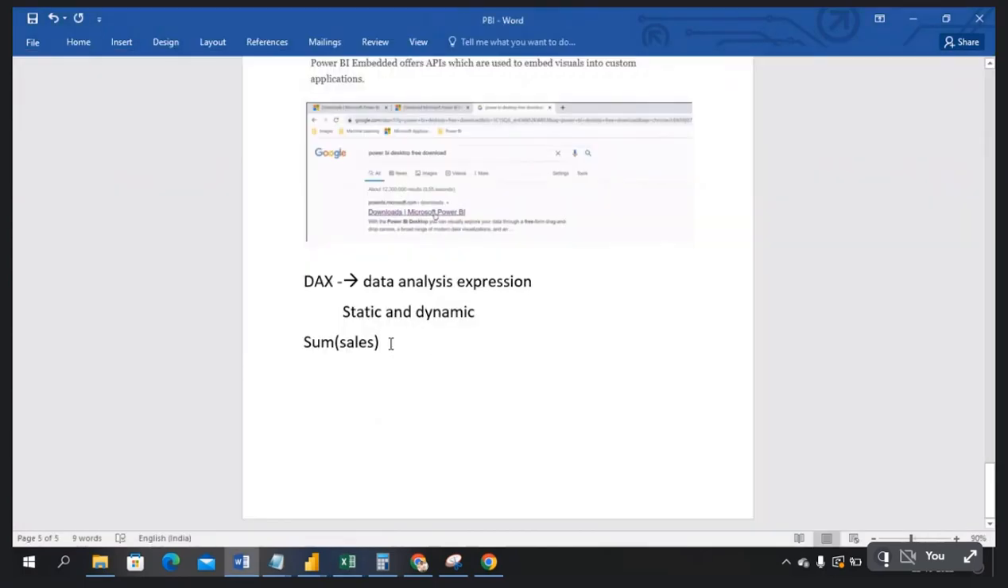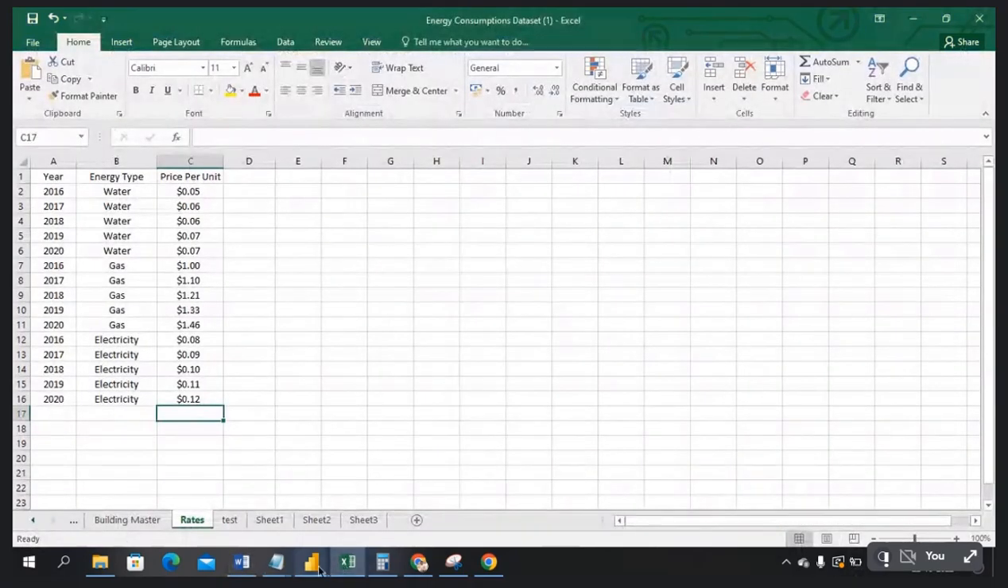Dynamic means I want to apply logic here. Dynamic means changing, guys. Dynamic means changing according to your logic. It has to change dynamically. Automatically you apply the logic and it will change. For example, here if you see,